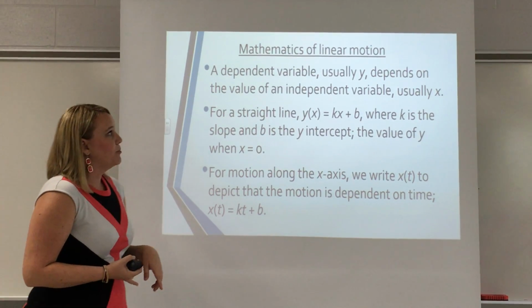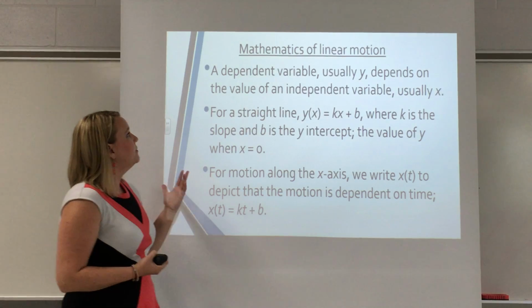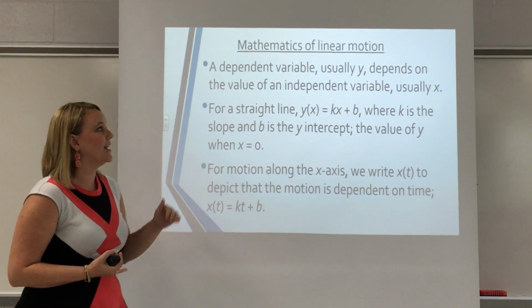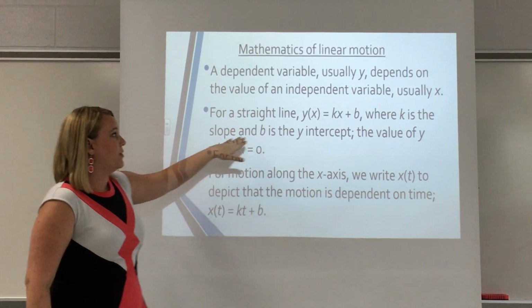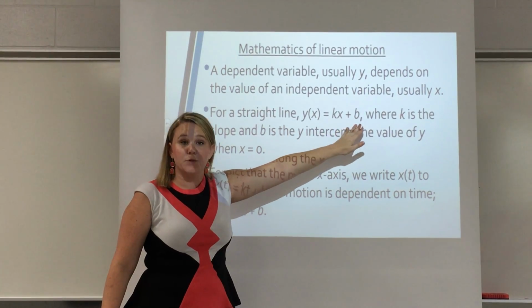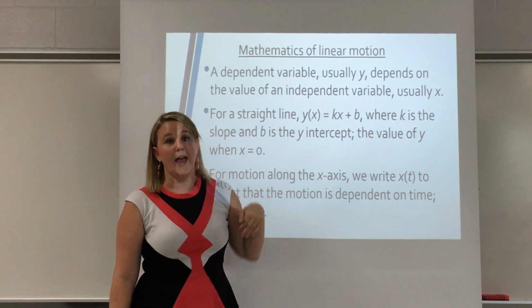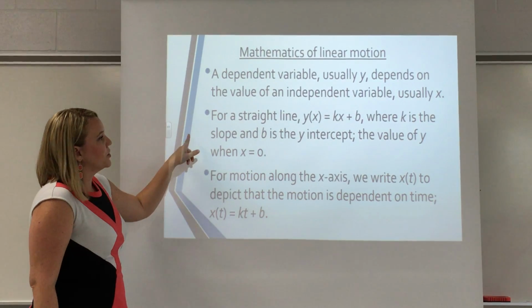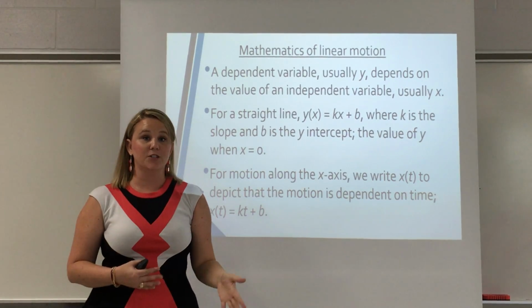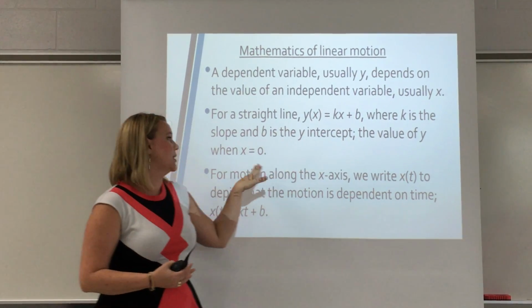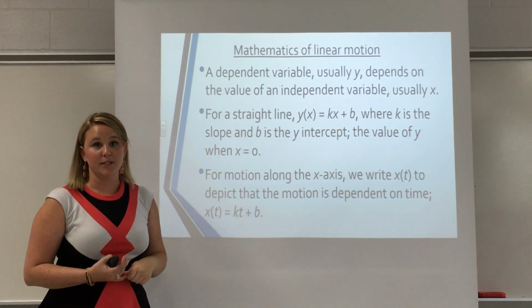The dependent variable is usually the y, and it depends on the value of the independent variable, which is normally your x. Y'all are very familiar with this formula, y equals mx plus b, but for physics we're going to use k for the slope. So k is the slope and b is the y-intercept. And again, on a position versus time graph, your y-intercept is going to be your initial starting position at time